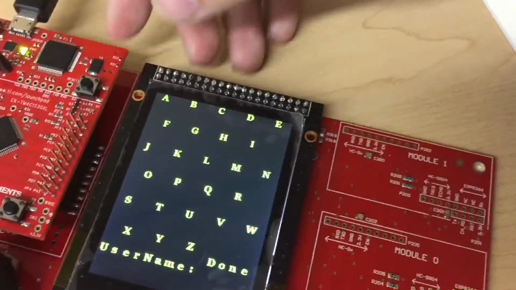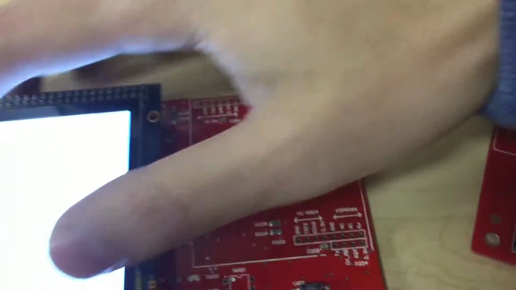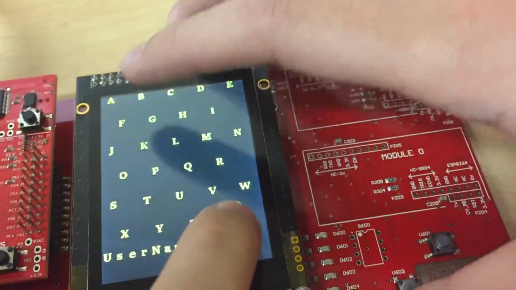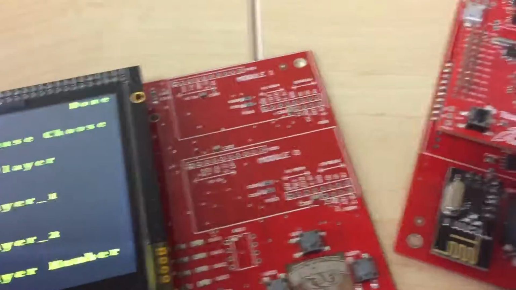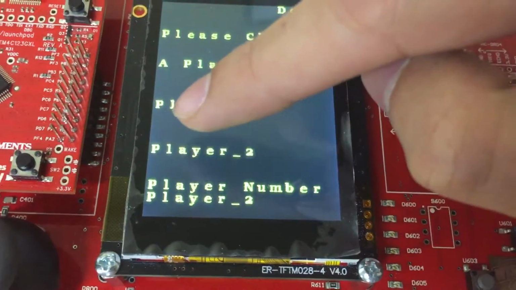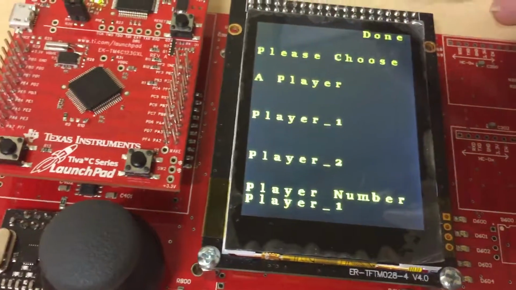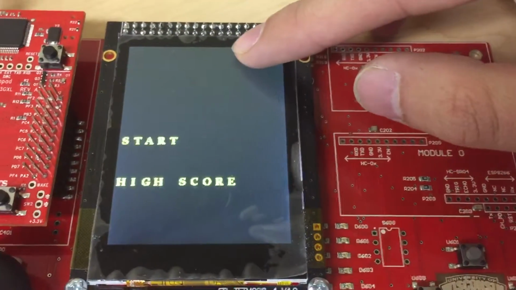So you could put your username here, and when you hit reset, then put in the username there, and then you could choose from player 1 or player 2, and you could change your choices here as well. And when you hit done,